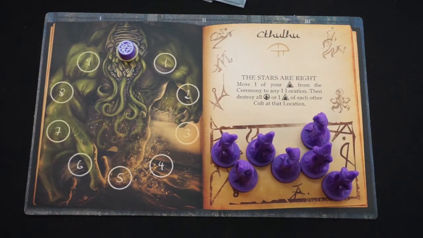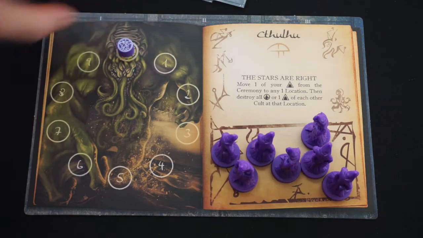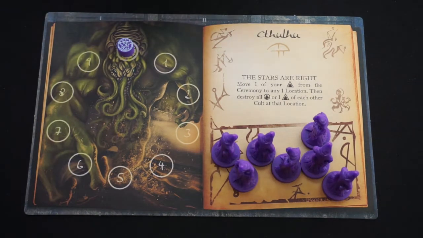The namesake of the Cthulhu mythos has arrived to rear his ugly head. So Cthulhu's dark gift, the stars are right. Move 1 of your cultists from the ceremony to any one location, then destroy all investigators or 1 cultist of each other cult at that location. So it would be destroy all investigators at that location. And then Cthulhu's starting hand,